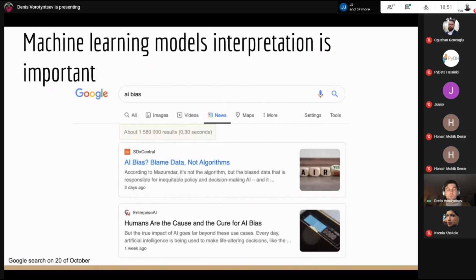If we go to Google and search for AI biases, we will find a lot of articles related to the topic. Society and people are really interested in understanding that the models we create as data scientists are not biased in any sense.